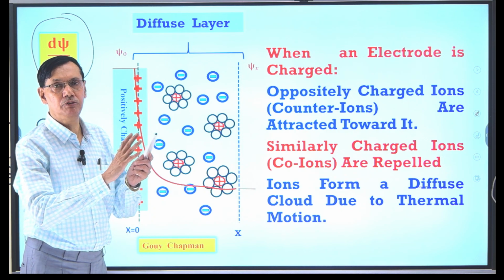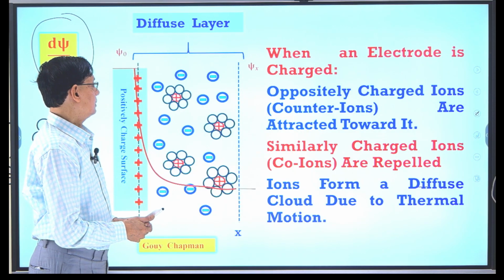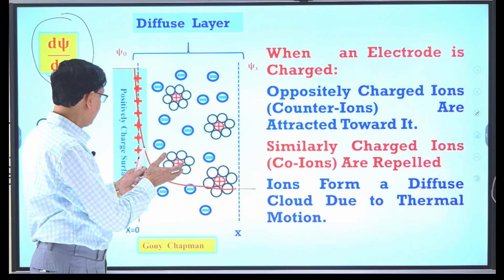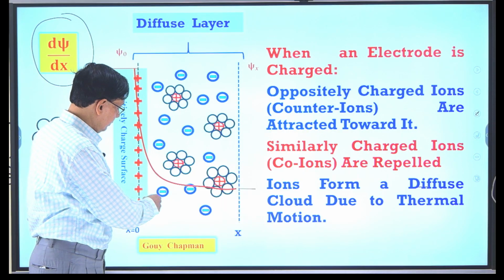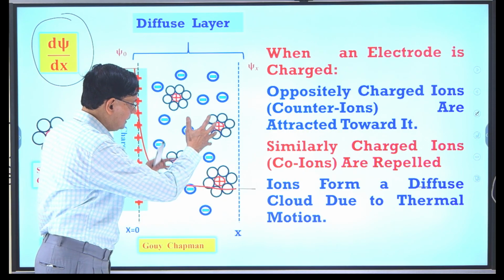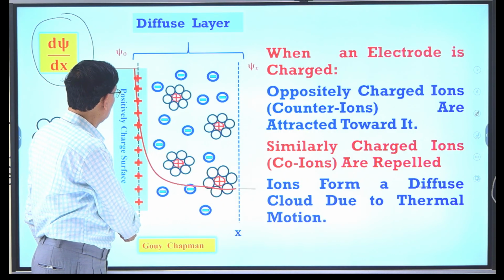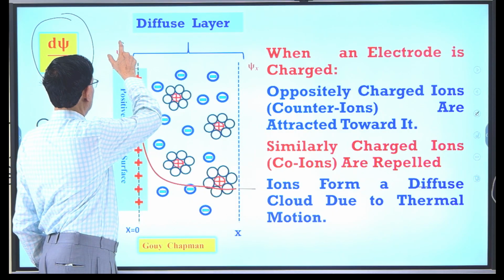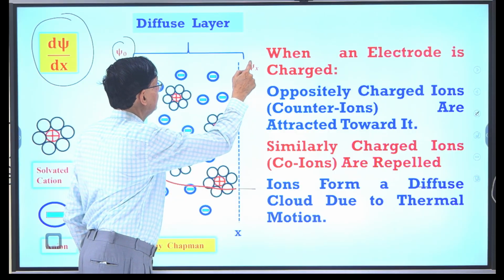It is called the diffused double layer, and there are also some hydrated, solvated cations, but that is a different thing. This part is an imaginary plane, laminar, I can conclude. So here x is equal to 0, where the potential is 0, and when it moves here,